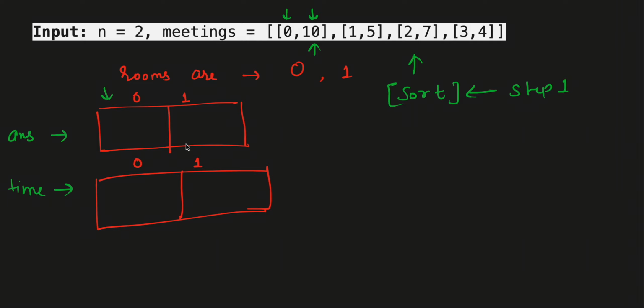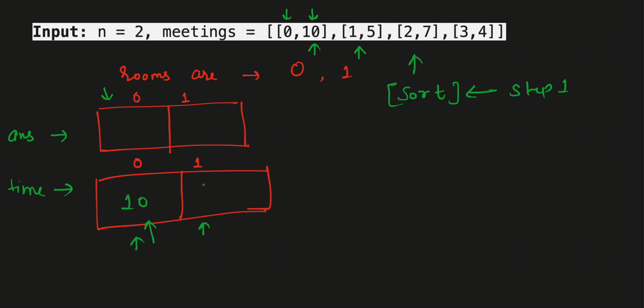First meeting ended at 10. Okay, now what I need to check, I went to the next meeting. What I can see is that the 0 index room is occupied and it will be unoccupied at time interval 10. Okay, so I need to go to the next index and check,